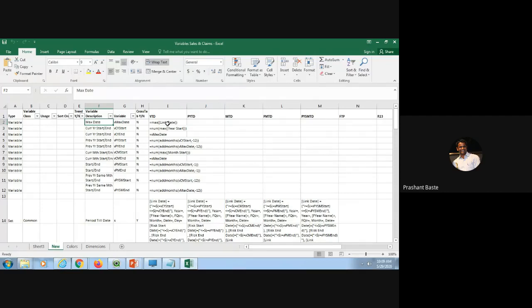The only effort that you will have to do is, let's say, if you are having the link date. Here I have used the link date as my selection date. Now, let's say if you are using the calendar date or date, you just have to make changes in that place. Rest all the logic and the variable names with all standard practices will be available to you as readily available expressions.